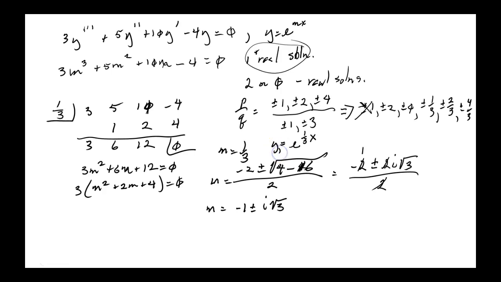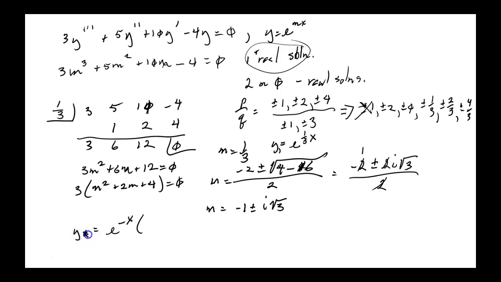There's one solution. The other two solutions, y2, would be what then? It's e to the minus x. There's the alpha part. This is case 2. And then y equals e to the negative x